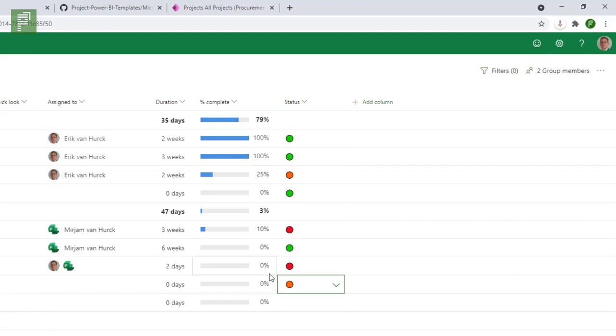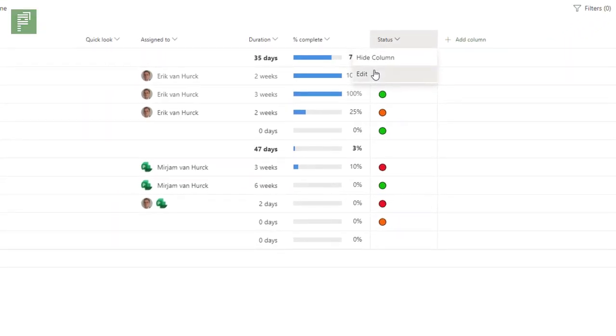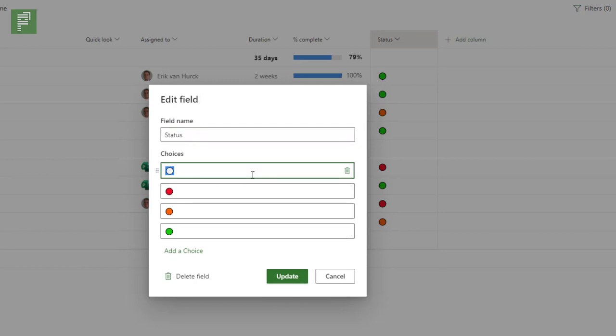Now only these buttons doesn't make much sense, so I can click on the edit and I can enter some more data, not applicable for instance, and I can say help, feeling well,